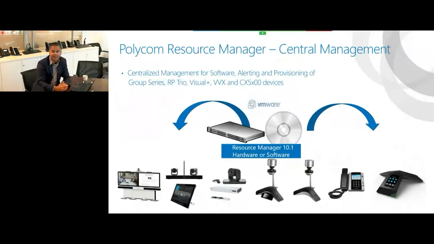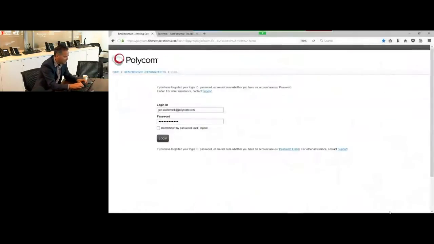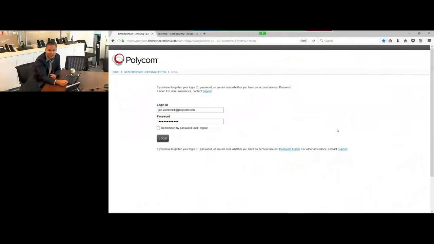So when you get the software version, you also get access to a Polycom software portal, which is the Flexera license portal. You receive an email and you get access to the Flexera license portal where you log in. Let me show you, because I'm very practical, so I wanted to walk you through how easy that is. When you go into the Flexera license portal, that's right here, Flexera Operations, you get your